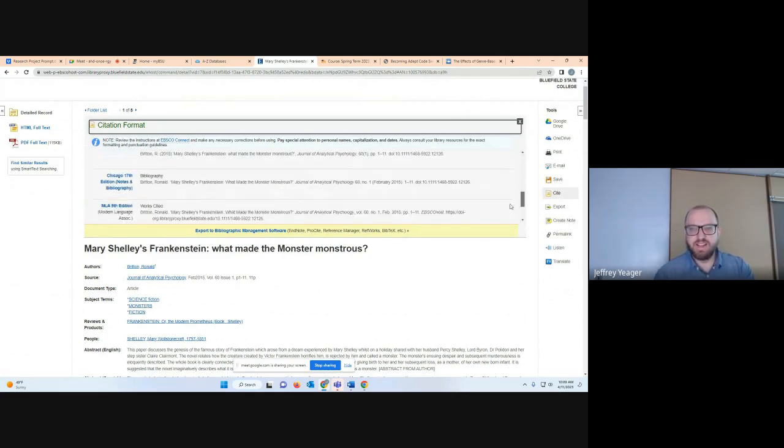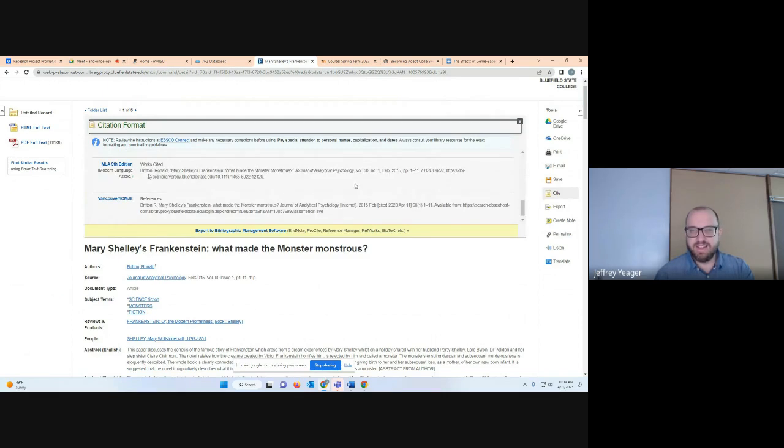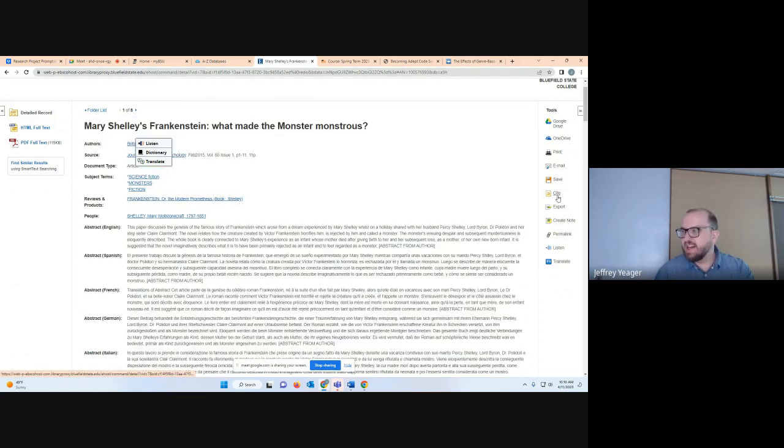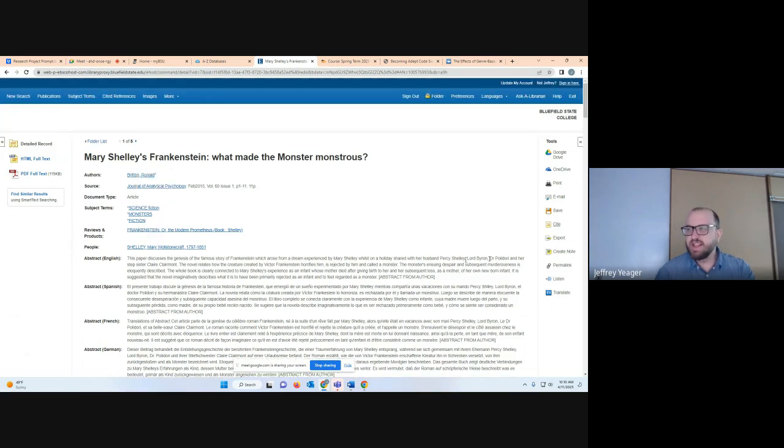If you're working with MLA, you can go down to MLA, and it'll spit out a pretty accurate citation. There's a few bits of clutter you can clean up out of these when they spit them out for you. For the most part, they're pretty accurate. You can also, if you find the source within this database, save it to your Google Drive.